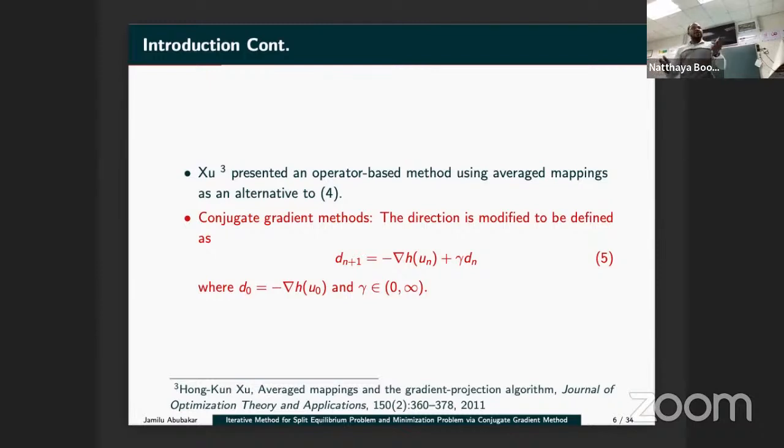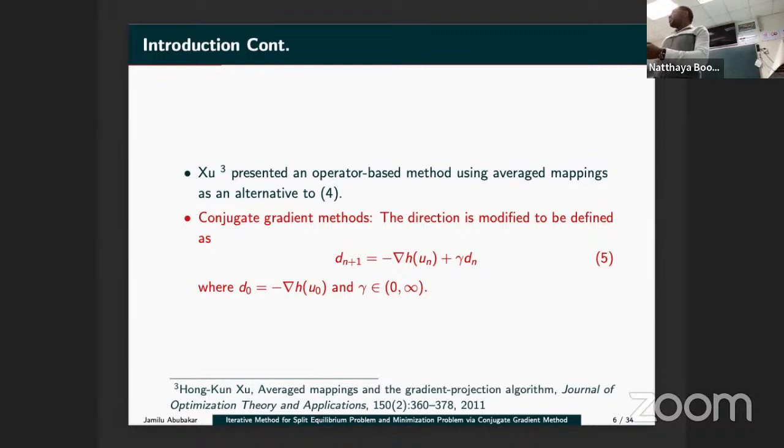Ideally, the conjugate gradient was introduced in order to accelerate the convergence of the steepest descent method, right? If you look at the direction here, without the additional term, it is the steepest descent direction. So this is the conjugate term that they add in order to have a faster convergence. So we want to take advantage of that